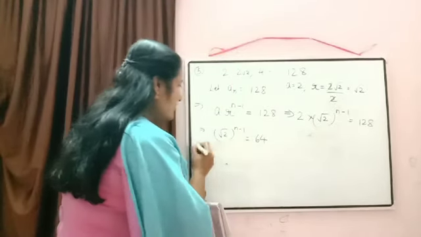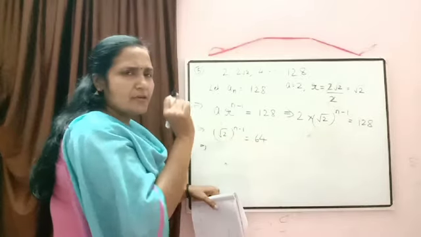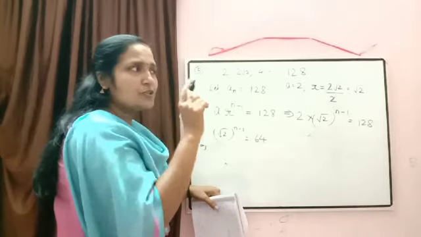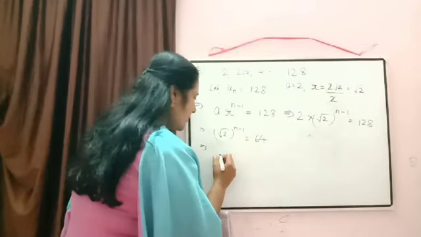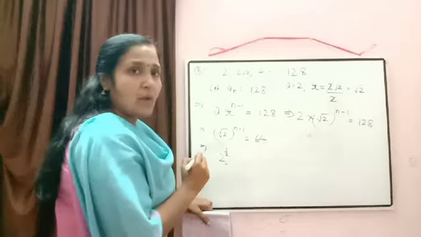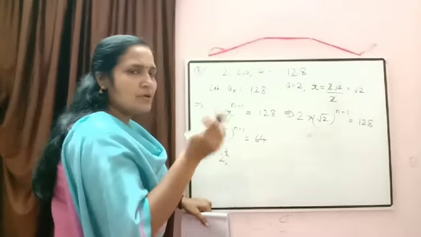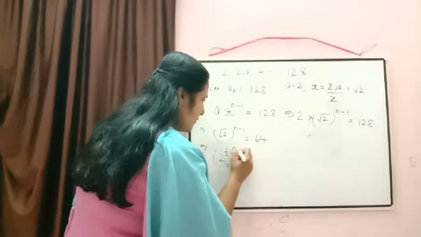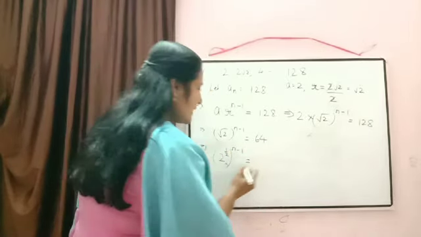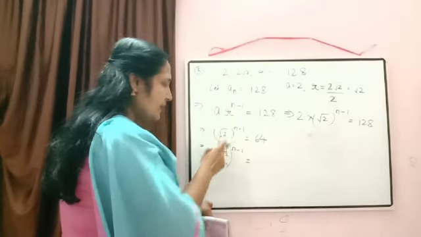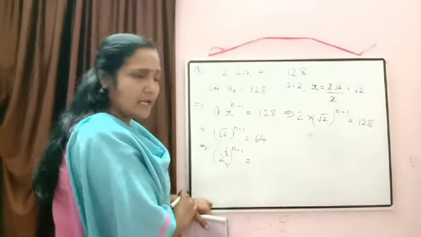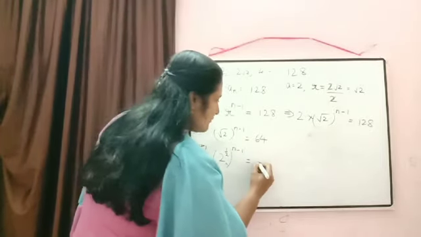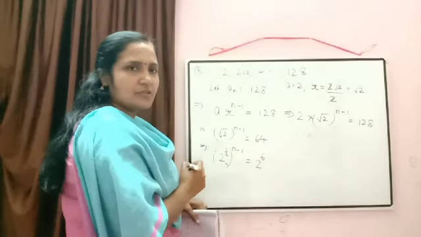Now here just to check. Root 2 means 2 raised to something. 2 raised to which number? Yes, root 2 usually when we write in power, we write it is equal to 2 raised to 1 by 2. If it is cube root, we will write 2 raised to 1 by 3. So 2 raised to 1 by 2 whole raised to n minus 1 is equal to. Now here since in the left hand side it is written 2 raised to something, the right hand side also we will express as 2 raised to something. So 64 I think can be written as 2 raised to 6.